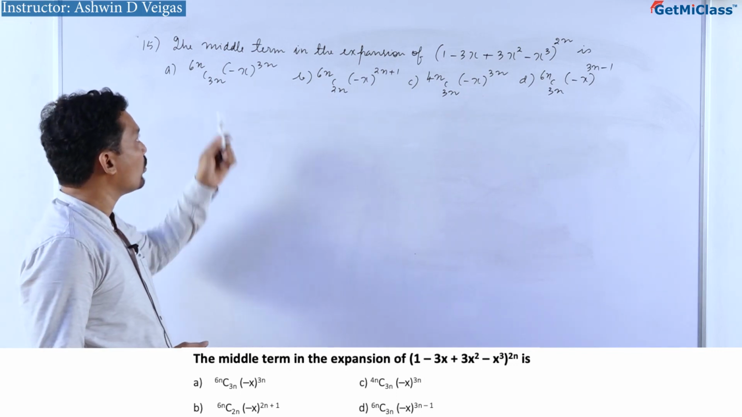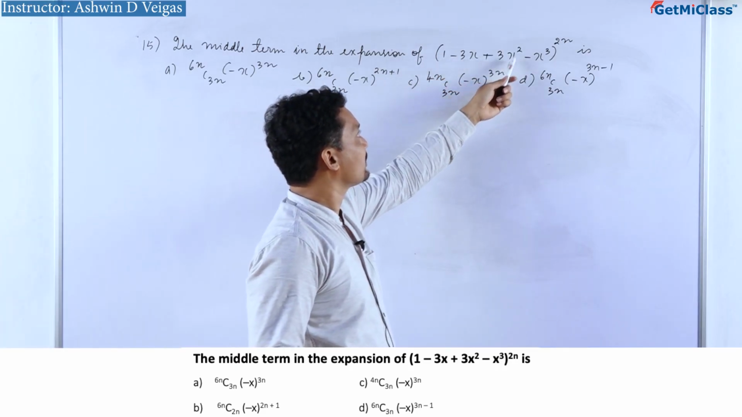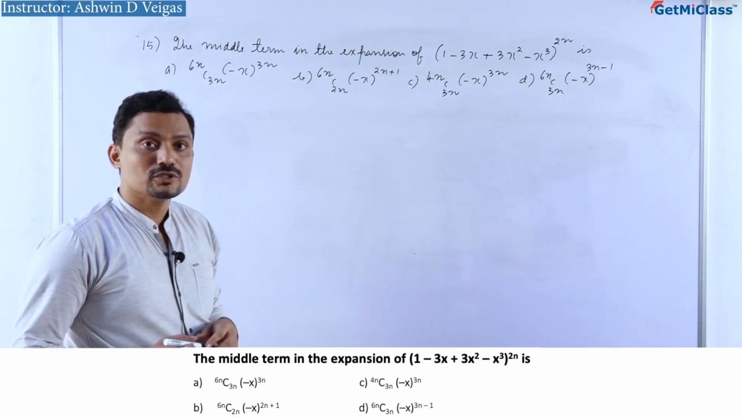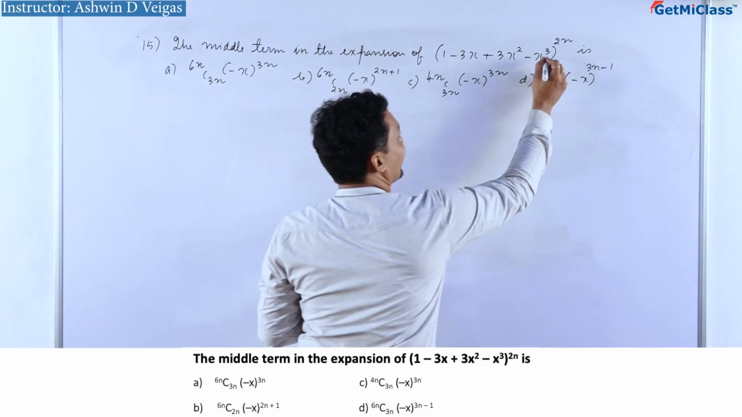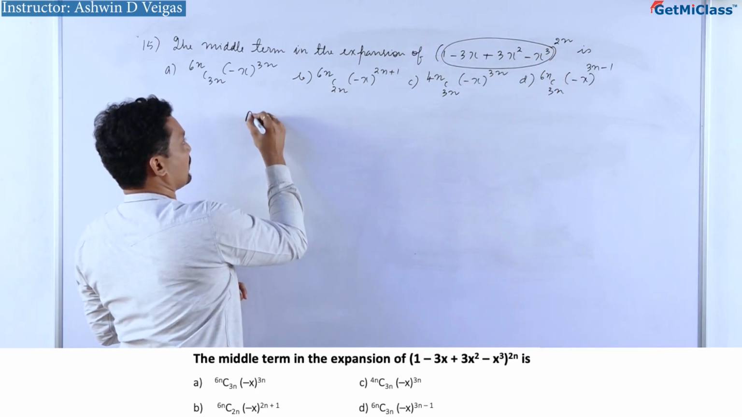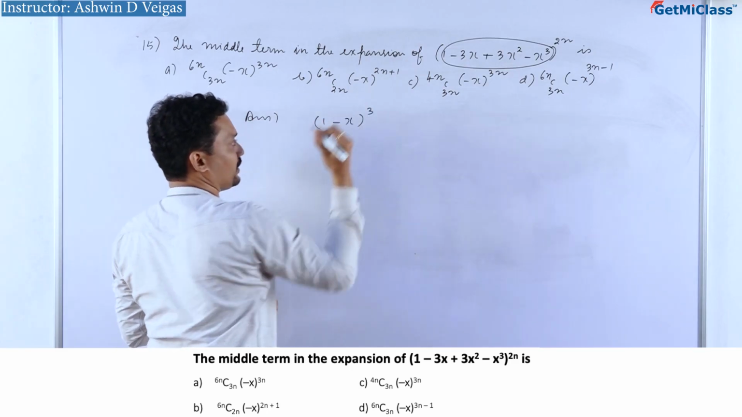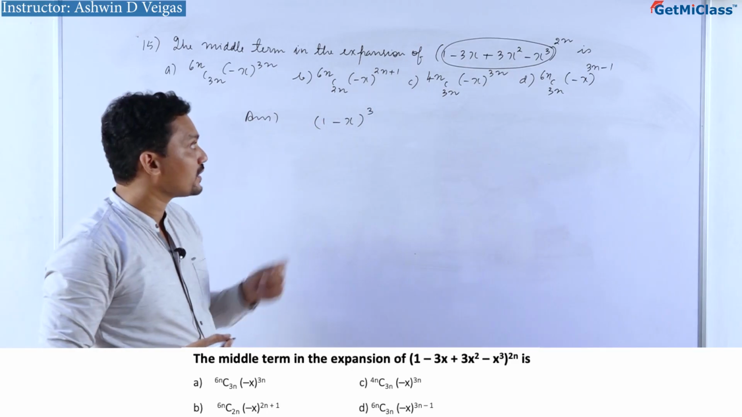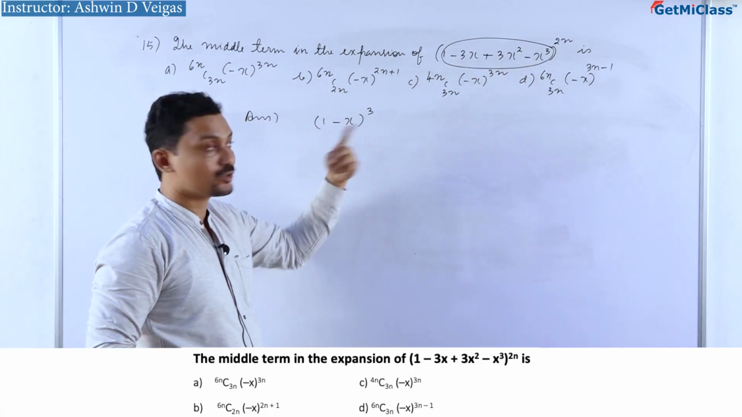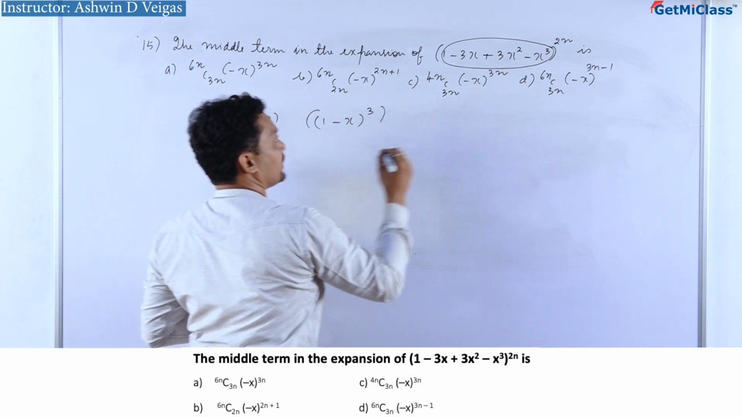15th question: what is the middle term in the expansion of (1 - 3x + 3x² - x³) power 2n? Now, if you look at this carefully, it is nothing but (1 - x) the whole cube. From your lower class knowledge, you can immediately say that this is (a - b) the whole cube. It is in the form (1 - x)³, and to the power of this there is 2n,